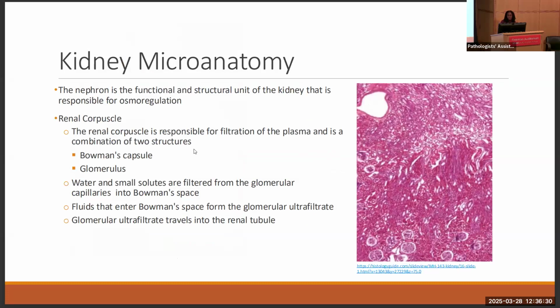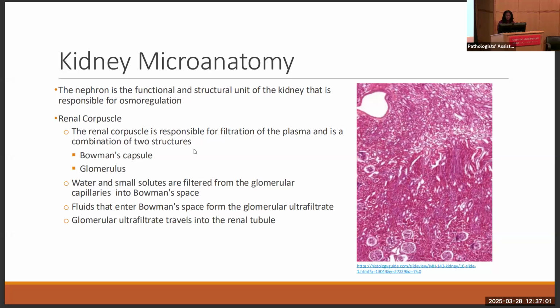Now we will discuss the microanatomy of the kidney. The functional and structural unit of the kidney is the nephron. The nephron consists of the renal corpuscles and the renal tubules. The renal corpuscle is responsible for the filtration of plasma and is a combination of the Bowman's capsule and the glomerulus. Water and low-weight molecules, such as glucose and urea, are filtered from the capillaries through the glomerular filtration barrier